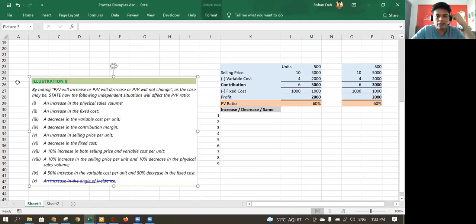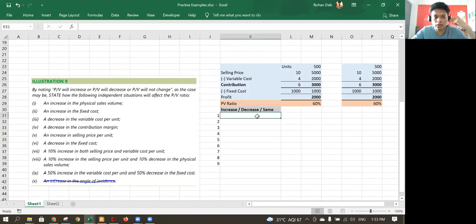Now, in this case, it gives us some variables that are changing and how it will be impacting my PV ratio. So I would suggest, first of all, pause the video and try to solve this on your own. Galtiyan hongi, you'll make mistakes, but it's fine. Just pause it and try to figure it out, because if you only hear me, there's not going to be any addition to your knowledge. Okay, so I'm hoping you have done that.